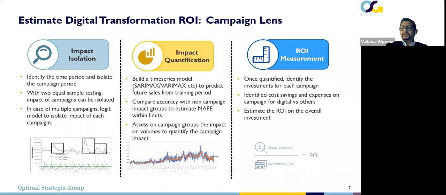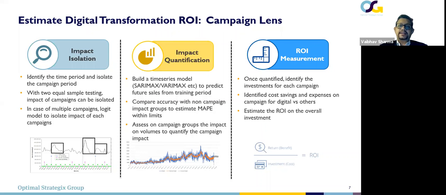The test group is exposed to your campaign or your digital efforts, whereas the control group is chosen in a way where it is not exposed to your efforts. Now, once you have these two groups, which are identical in terms of all the other factors, such as size, demographics, firmographics, whatever those factors are, and you have isolated and identified them, you can literally look and see